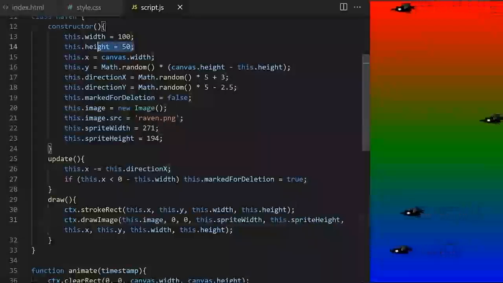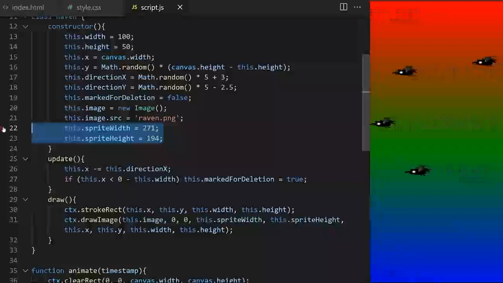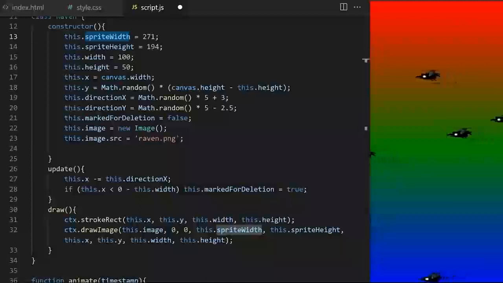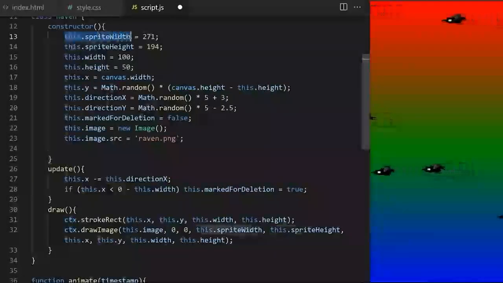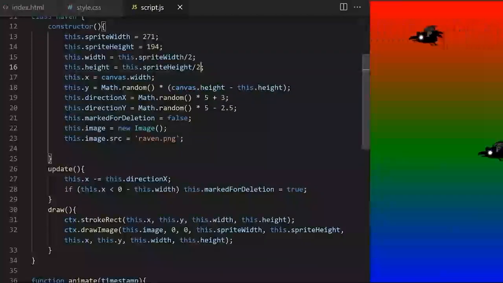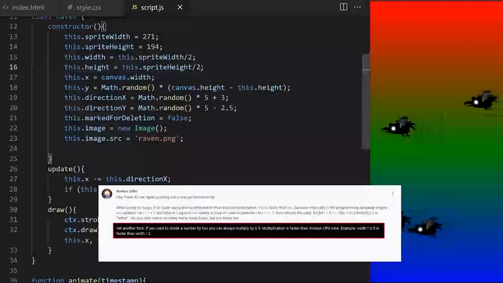It's because these initial width and height values are completely disconnected from the actual dimensions and aspect ratio of our sprite sheet. I moved sprite width and sprite height up here so that we can use them to calculate values that come after. Width could be, for example, sprite width divided by 2, and height could be height divided by 2. This works, but now all our ravens are the same size, and as my friend Marcus says, multiplication is